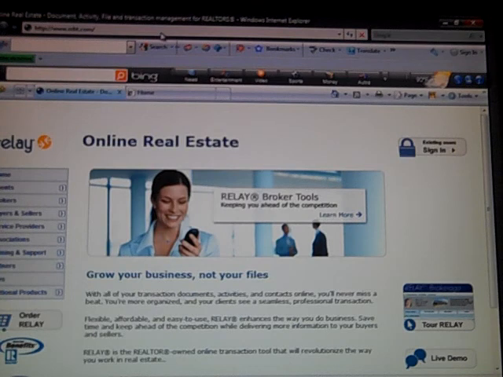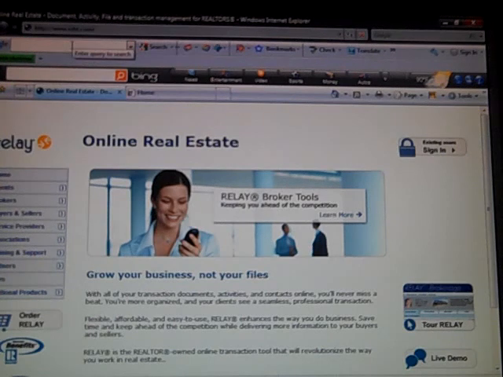You're able to fax from there. We like you to fax from there as well, so that everything is recorded and it doesn't charge open to close anything. So let's start with putting a listing into Relay. We've already put it in the MLS, but we want to put it into Relay and we want to store the documents there. So I am at a website up here,